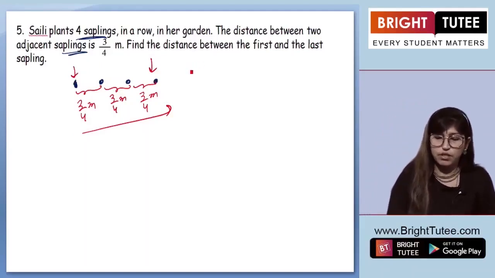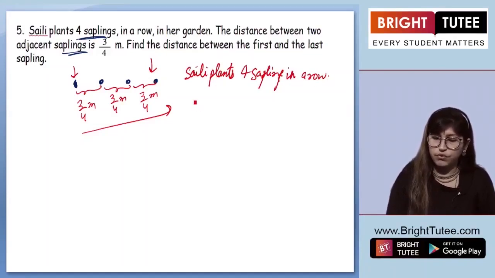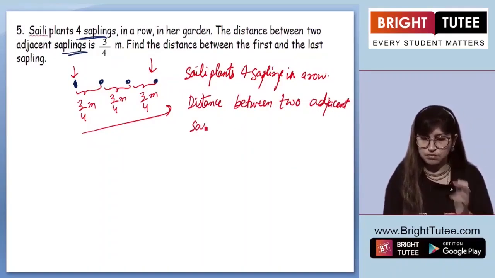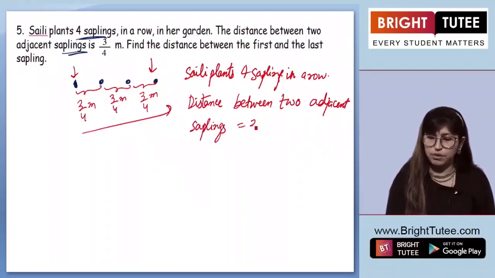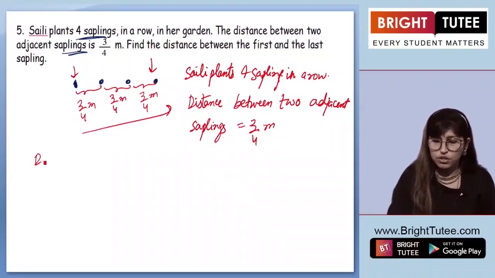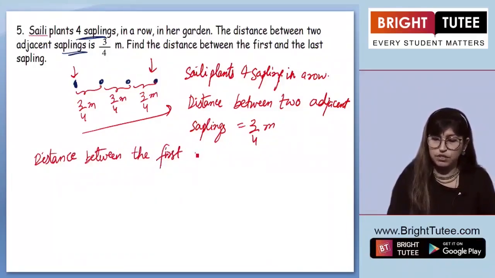So Shelly plants 4 saplings in a row, and we know that the distance between two adjacent saplings is 3/4 meter. Now the distance between the first and the last sapling